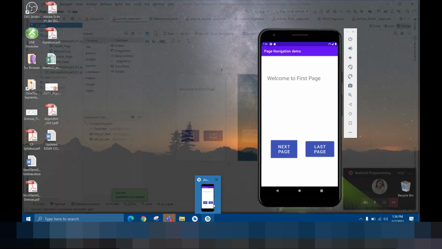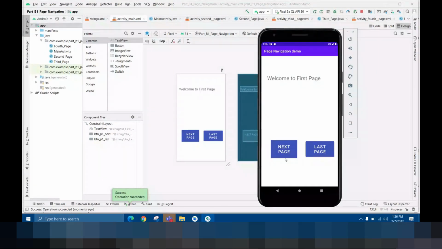So this is the first page. We'll get one message saying welcome to first page. We will have 2 buttons, one to go to the next page and the second one to the last page. So if I click on that last page, it will go to the fourth page. And in the fourth page, we have previous and home. So if I click on the next page,